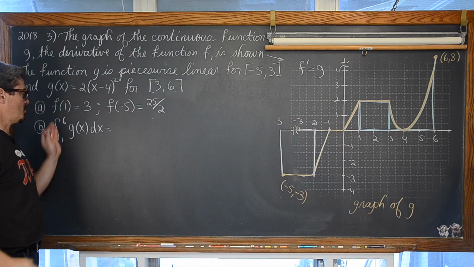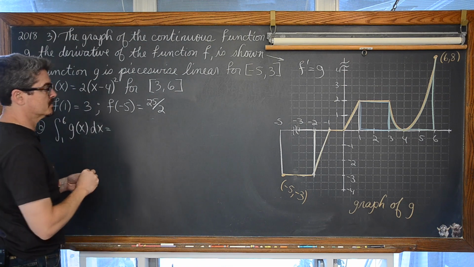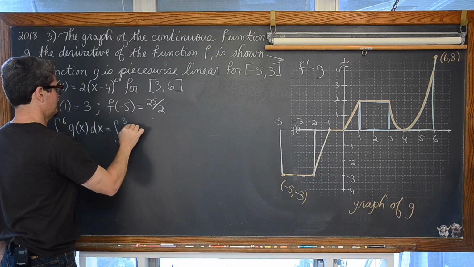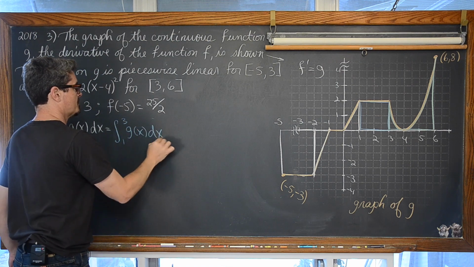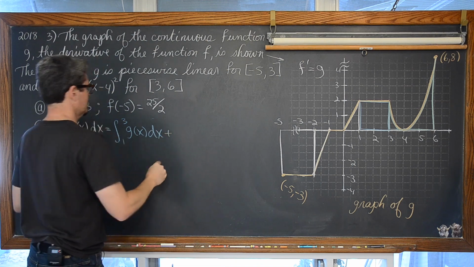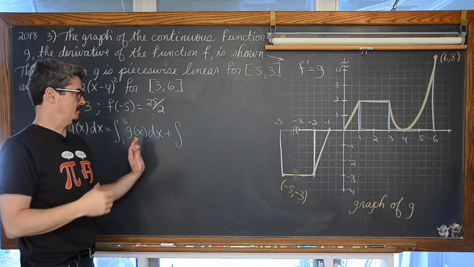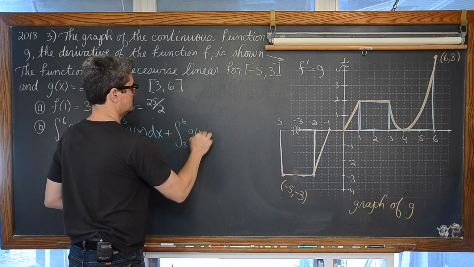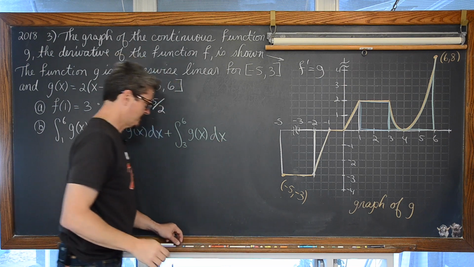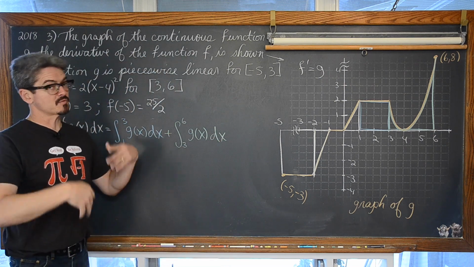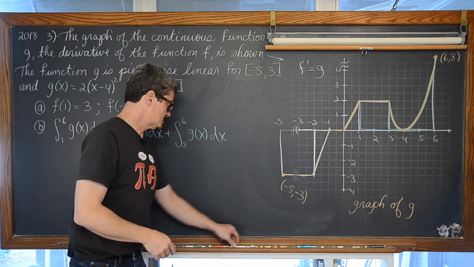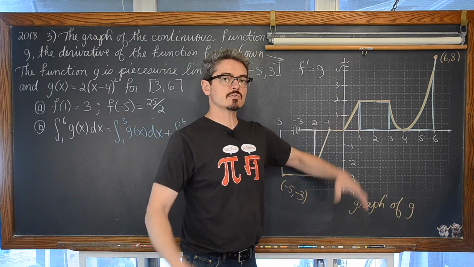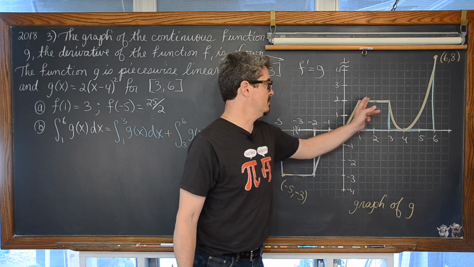So the definite integral from 1 to 6 of g of x dx is actually equal to the definite integral from 1 to 3 of g of x dx, and then add that with the definite integral, hopefully you can see the difference between the blue and the green here, from 3 to 6 of, well, g of x dx. Now, I'm writing the same function name, but this function is a piecewise function and it's made up of different parts. So, for our first part here, from 1 to 3, we just have a common geometric region. We just have a rectangle, so it has a base of 2 and a height of 2.